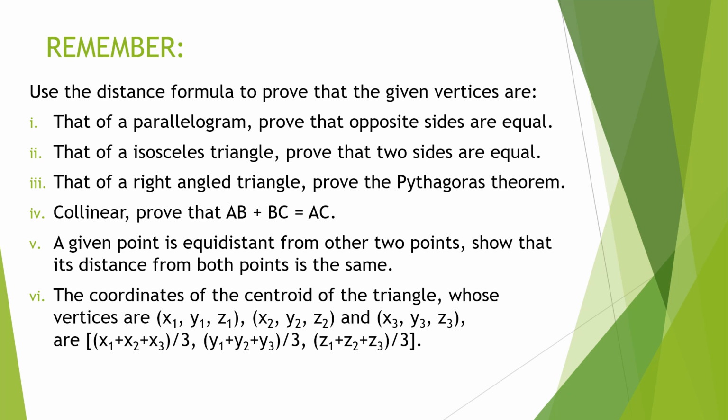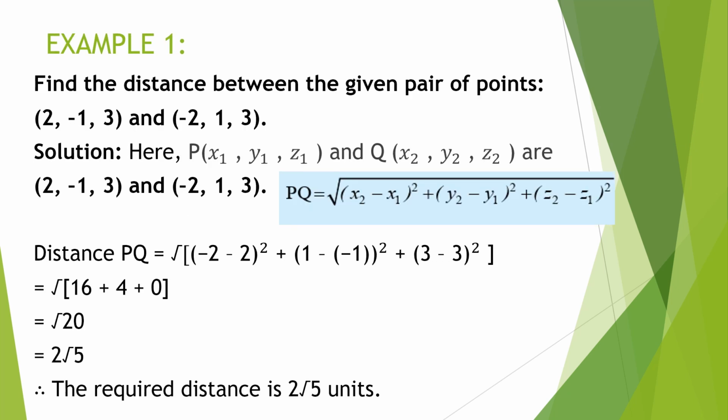Suppose you want to find the coordinates of the centroid of a triangle whose vertices are x1, y1, z1, x2, y2, z2 and x3, y3, z3. Then the simple formula like you had in 2D, here also you have in 3D. It is (x1 plus x2 plus x3) by 3, (y1 plus y2 plus y3) by 3 and (z1 plus z2 plus z3) by 3. So the distance formula is quite simple but we need to know how to use it